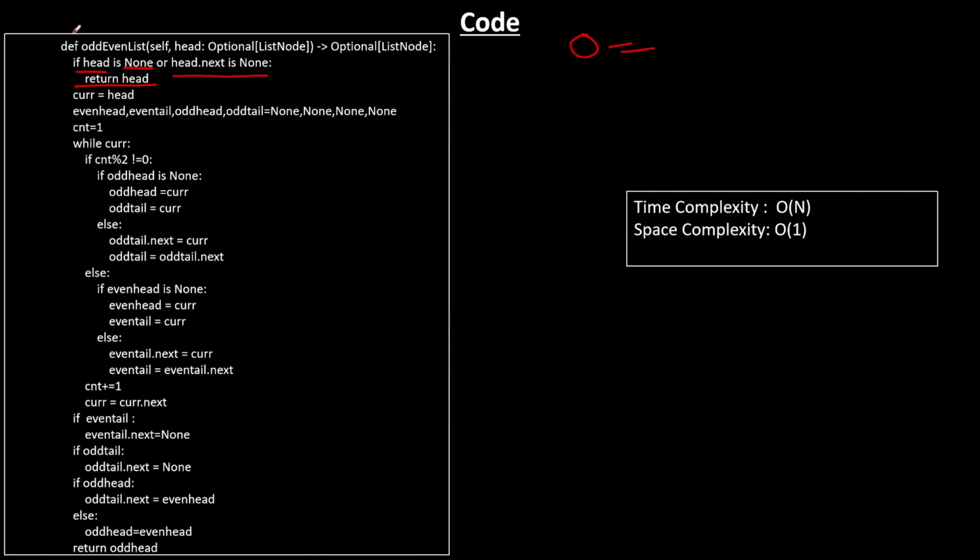Otherwise, we will initialize current with the head pointer, and all this even head, even tail, odd head, odd tail, as we discussed earlier, will be pointed towards none. Fine. And the count will be one. Fine. We have this idea from the earlier cases. Now, this is the main part. While it is not null, if it is odd, it says here if odd head is none, which means this odd